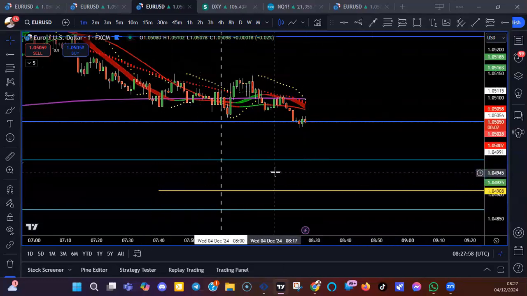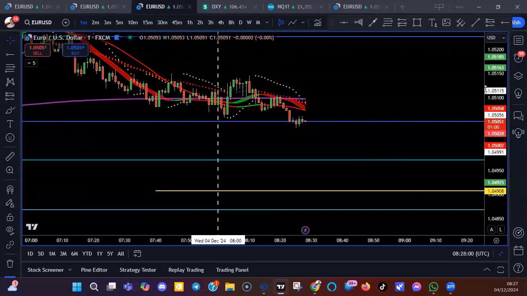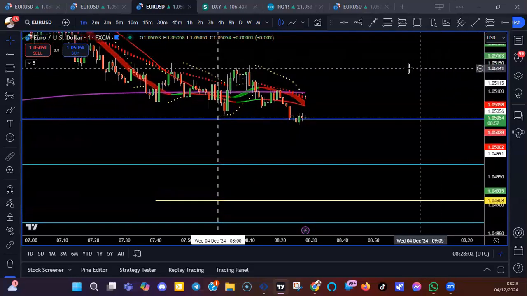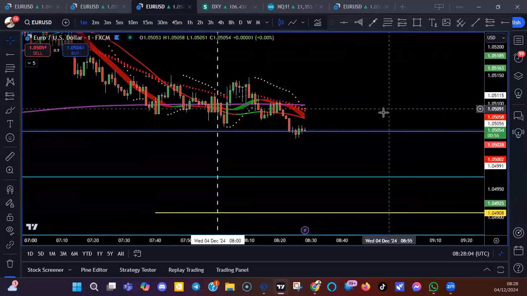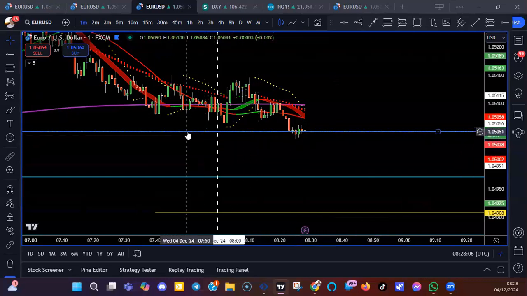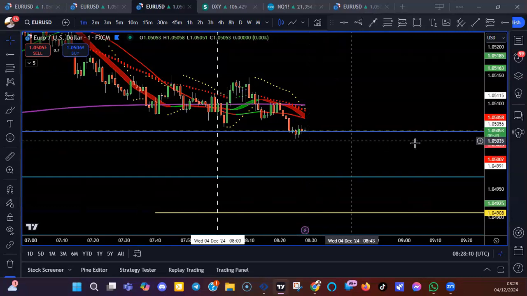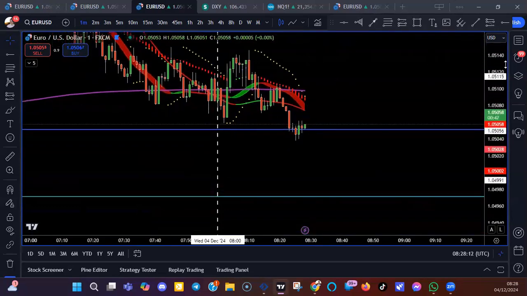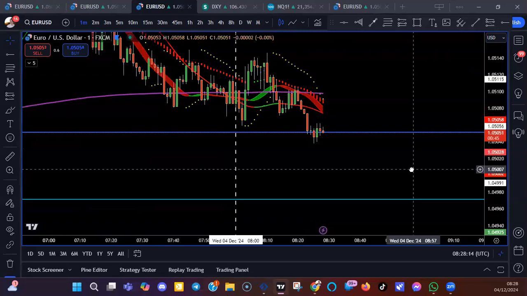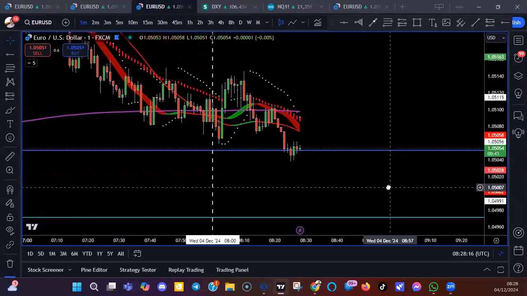the dollar is gaining strength and the euro is not. The euro's kind of respecting that support and resistance line that I showed you earlier on. That's why it's always prudent. Like I said before,